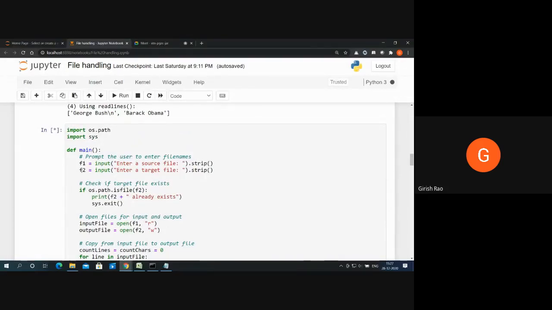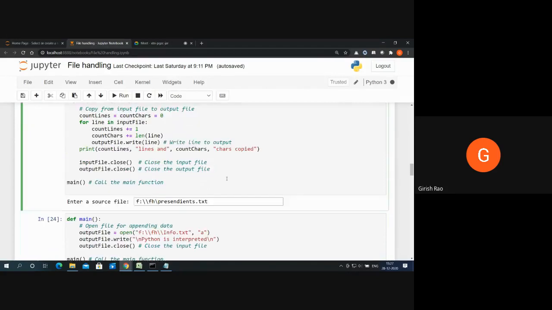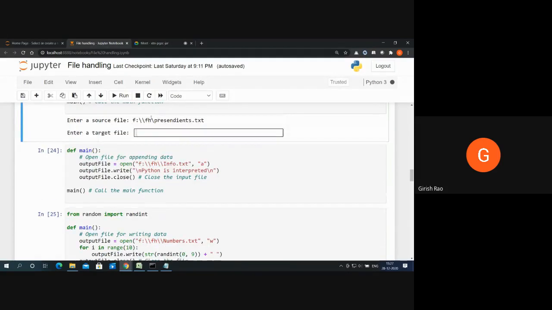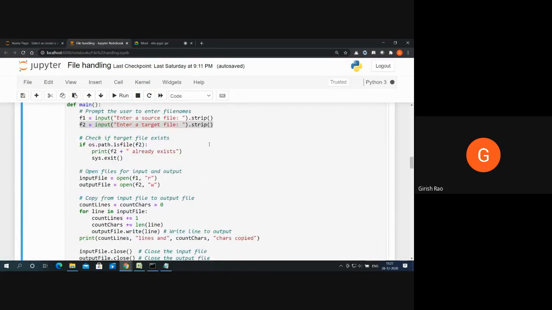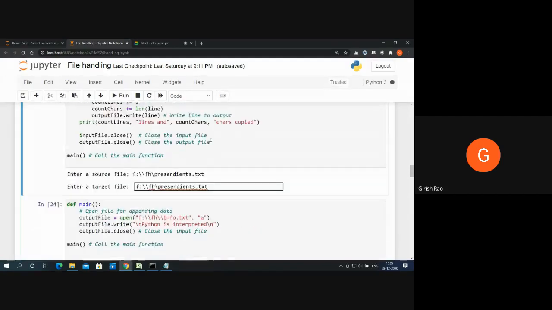Okay. So let's do this particular line now. Let's enter some file name. So what I will do, I'll press enter and let's copy this. And here I will type... oh, I made a mistake.